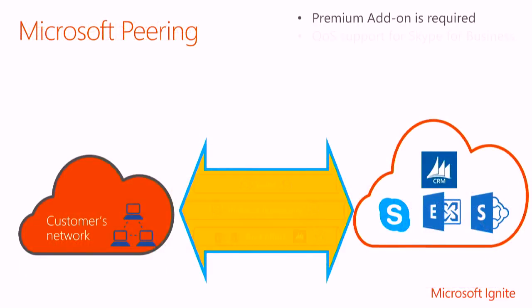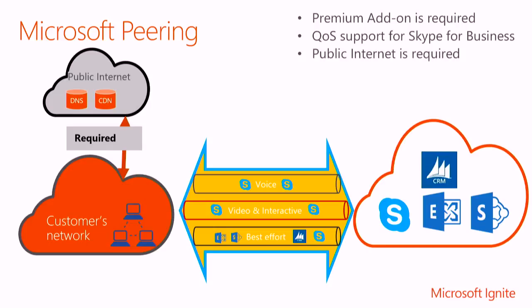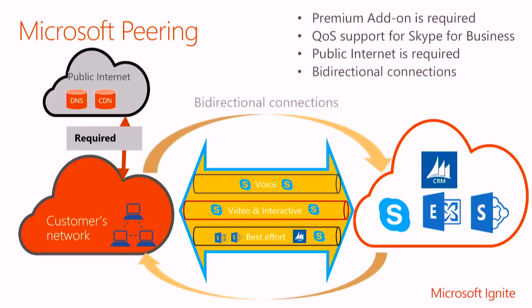Then similarly for Office 365, we have various services of Office 365 you can reach through ExpressRoute. The important thing to note here is there are still certain services that are reachable only over internet, even though they are needed to access Office 365, like CDN and DNS. You need to make sure that you can reach them over the internet, and the actual Office services you can reach through ExpressRoute. This is two-way.